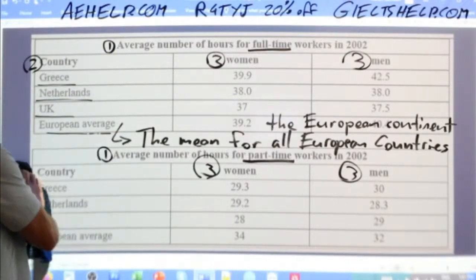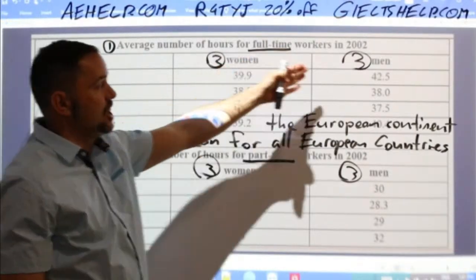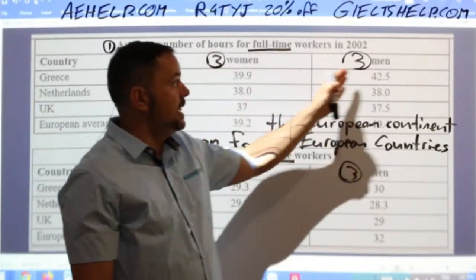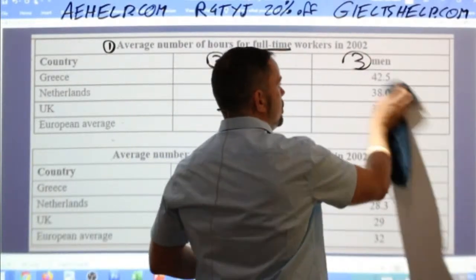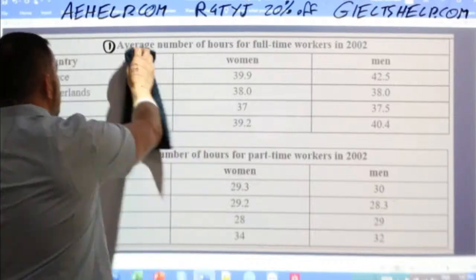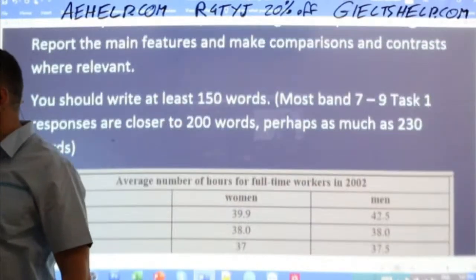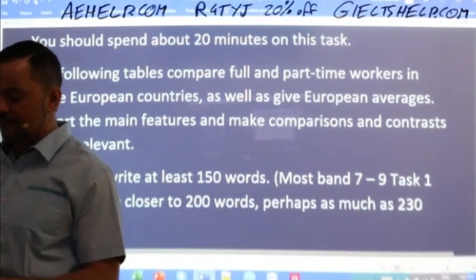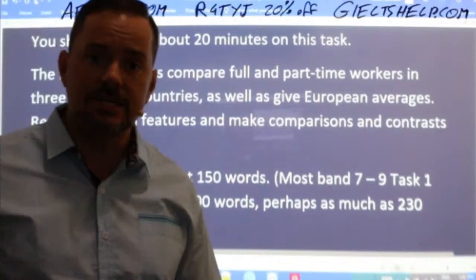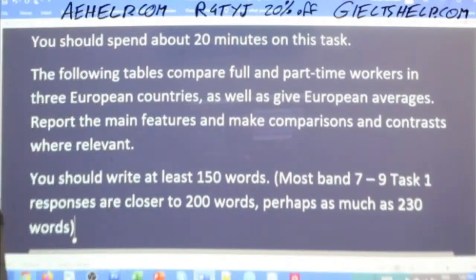So, okay, fine. So here we have the 3 countries, and then of course here we have the genders, right? So we have women and men, okay? So we have the genders. And then of course we have the data. So we've observed this. Now, let's get into writing our overview. And for the overview, the first step, of course, is to paraphrase the question with a little bit more detail. Okay? So let's do that now.